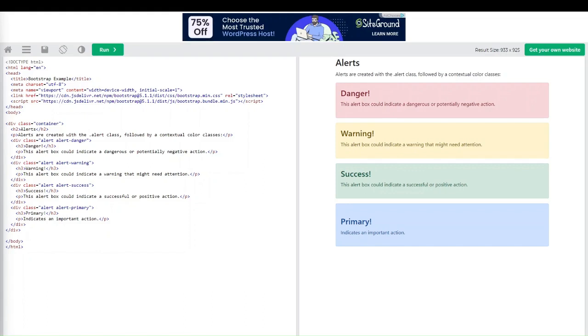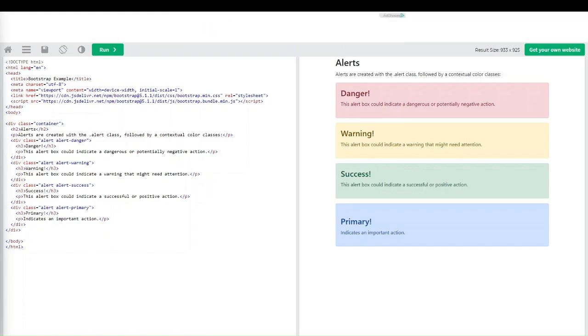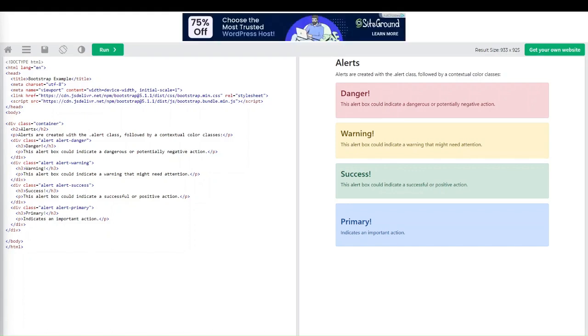Bootstrap also has a set of predefined buttons that you can use. They have custom button styles for actions in forms and dialogues, and they also support multiple sizes and states. Each has its own button styles and its own semantic purpose. So for example, their button styling class